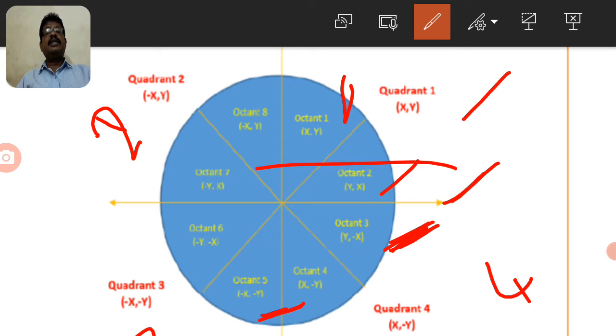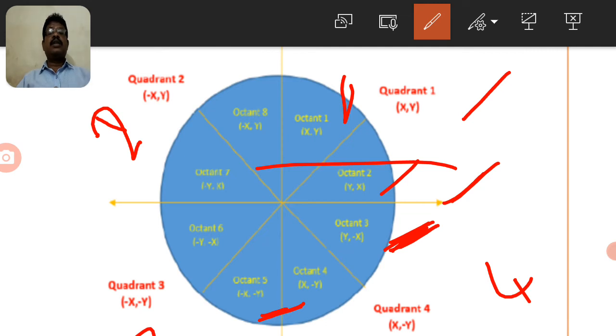This quadrant value means the x coordinate is positive and the y coordinate is negative. That's why we can write x comma minus y. We can use the mirror method, and automatically the 2 values are swapped. So one is the y value and the second one is the minus x value. In the quadrant the original values are x comma minus y, so we can divide it into octant values. Then the mirror method is applied and it will be converted into y comma minus x. Here you can observe this is the reverse order. The parameters are reversed, and the sign is also reversed.